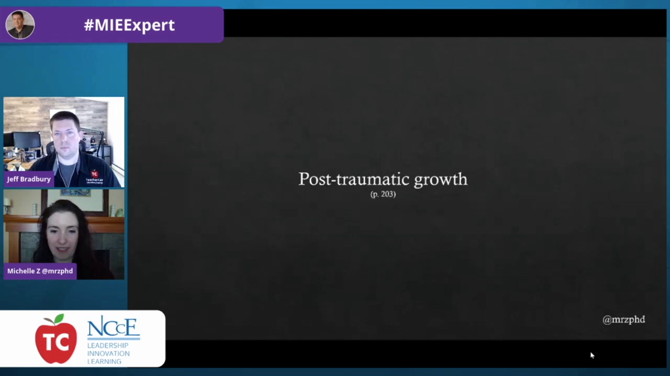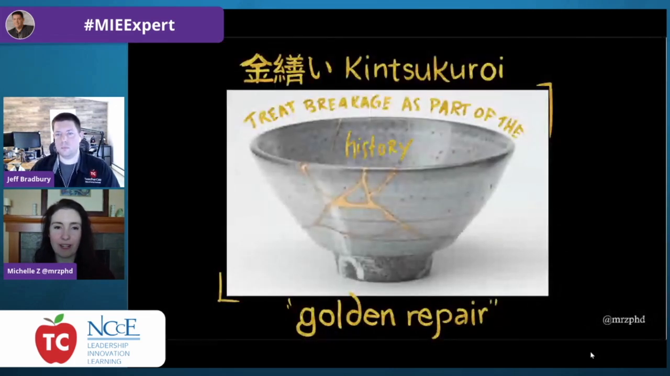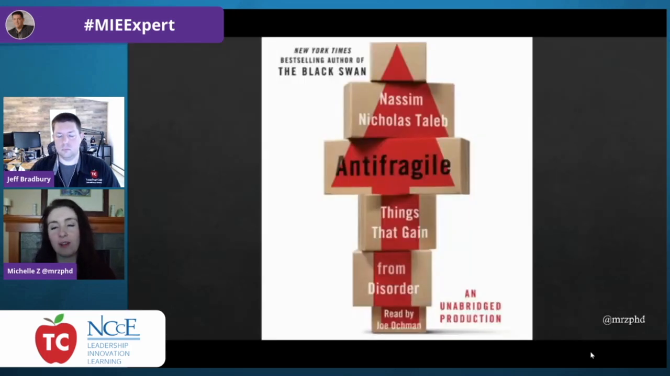Post-traumatic growth is a big thing right now, and I was really thankful for a friend who pointed me to this idea of gold repair: when something breaks, instead of trying to hide it or push it to the side, we want to highlight those pieces in our history and let it become something of beauty. And it fit along with a book that another friend recommended to me,